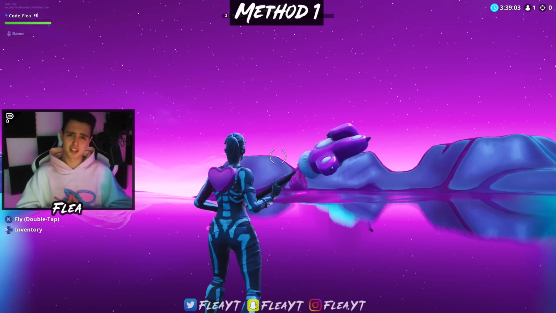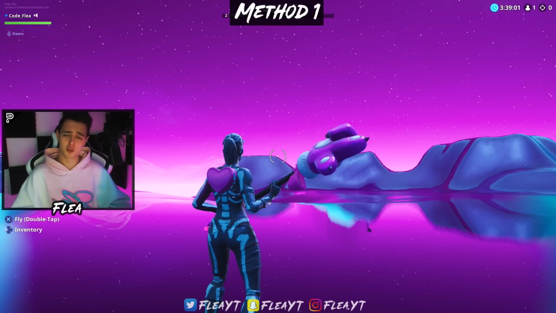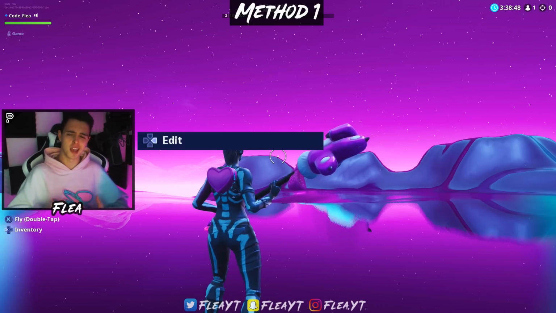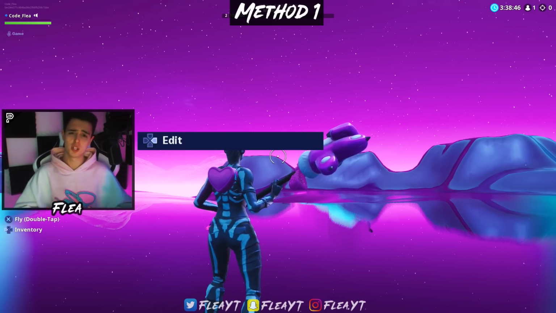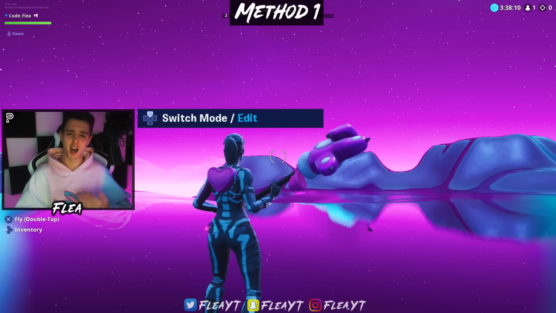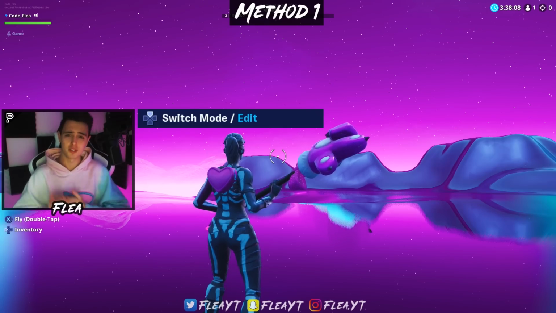And as soon as Insta edits came out, this bind was forgotten and everyone jumped on the new edit bind, which looks like this. And what this new bind allows you to do is edit what you're looking at and not what piece you're holding when you're in your build menu. So binding that old edit bind allows you to use that old game mechanic, which in 1v1s and scrims is